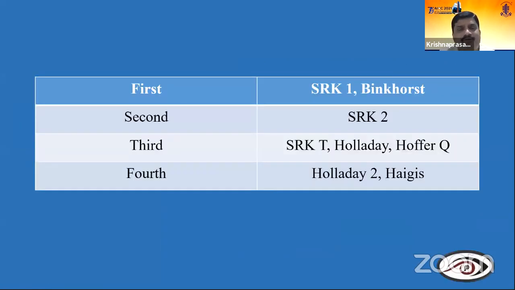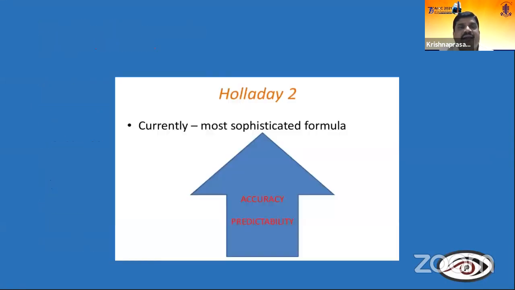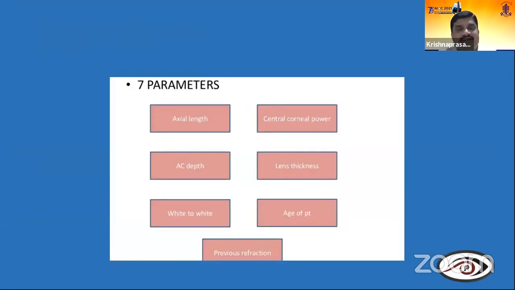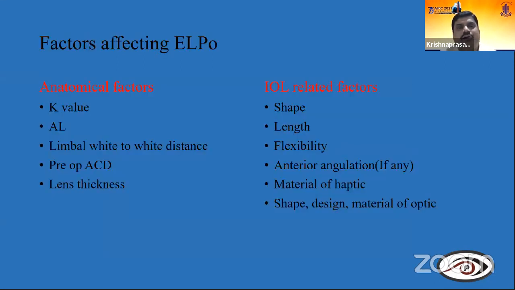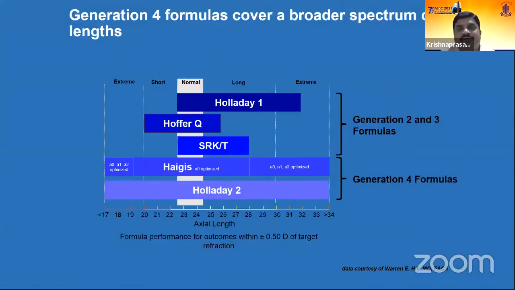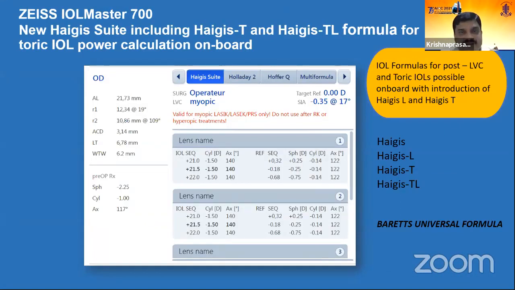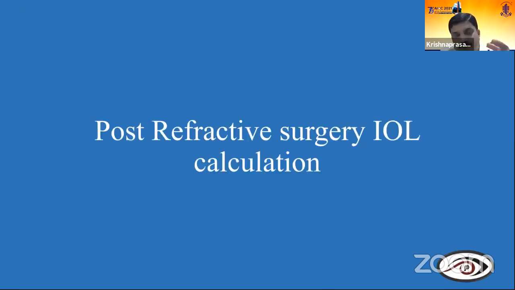I'll take just 1 minute. Coming to the different formulas available, I'll not talk about the different formulas, but very important, it can take up almost 7 parameters. As I already said, axial length, AC depth, white to white, age of the patient, lens thickness, central corneal power, and previous refraction. And very important, you can find out about the effective lens position. I will not be talking much about the factors affecting the effective lens position. So these are the formulas. They can be incorporated in this, and even the toric suite can be taken up from this machine. Even in special cases when you are doing biometry,